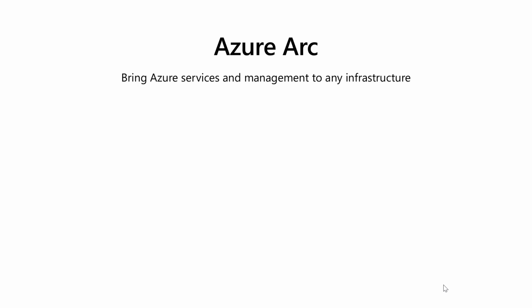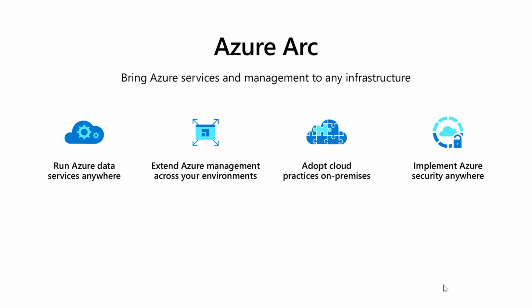Now, for that, we have Azure Arc. And Azure Arc is a couple of different things. It's not just server management, which we're going to talk about in this session, but Azure Arc basically brings Azure services and management capabilities to any infrastructure. So it allows us, for example, to run Azure data services wherever we need them. We can install them on-prem, we can install them on other cloud providers, but then also extend the Azure management